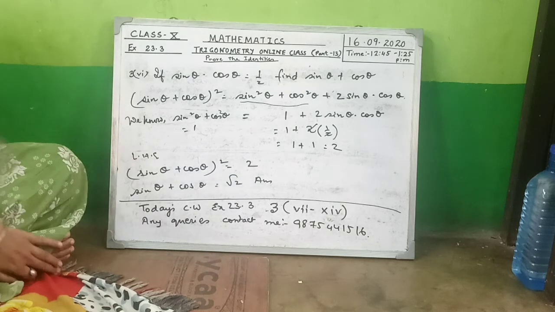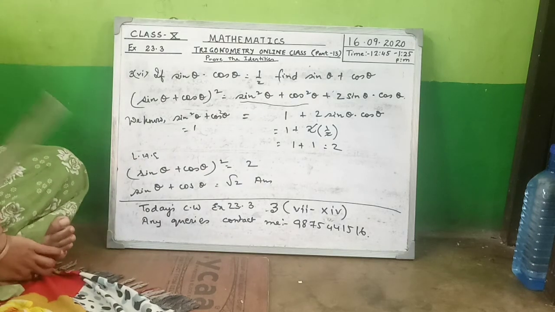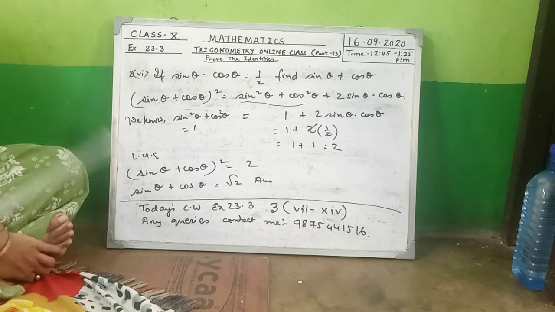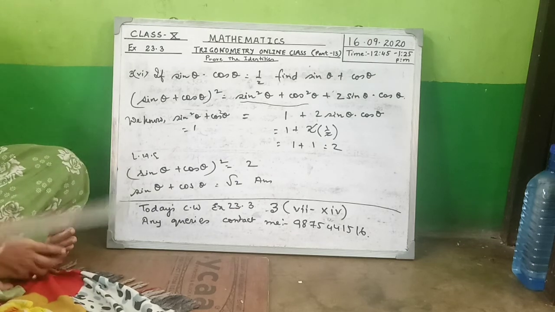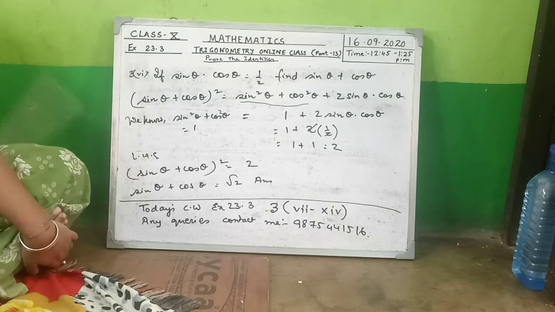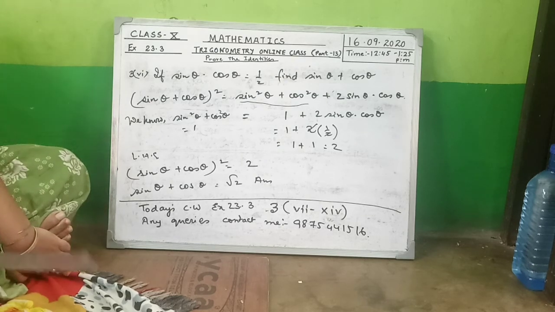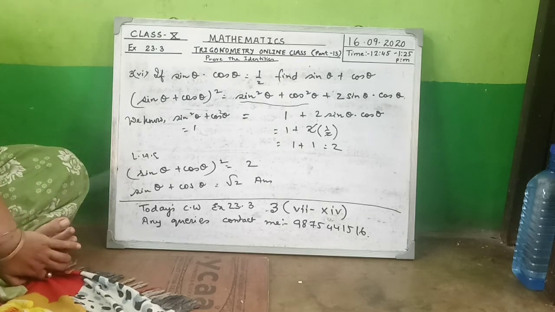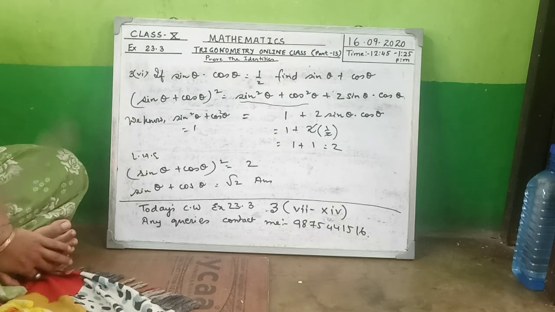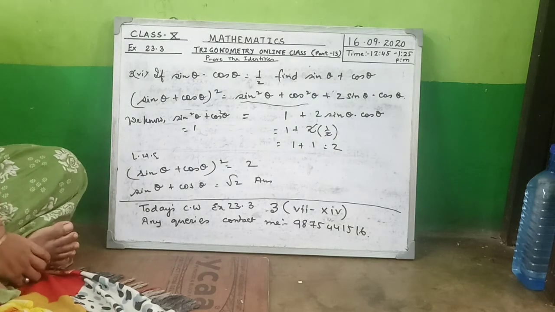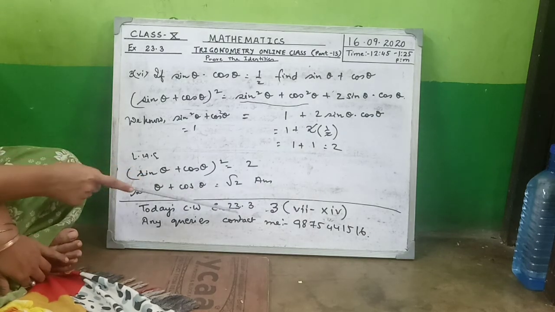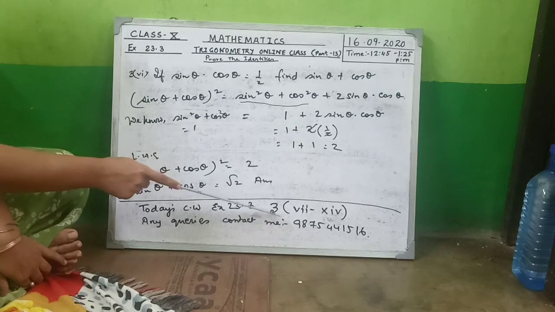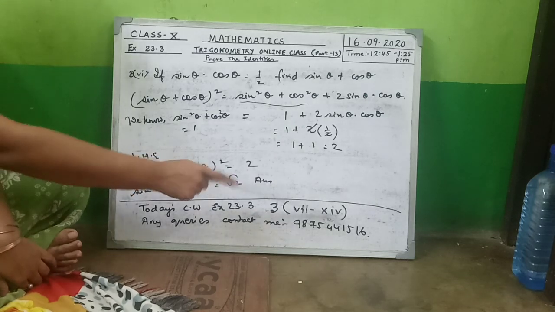This is your answer. Now today's classwork. Children, you have to try these small sums on your own. Otherwise, you won't pass. These are not tricky sums, but based on the a plus b whole square formula or the a square minus b square formula. You have to just use the formula and do the sums. So today your classwork is exercise 23.3, sum number 3, 7 to 14.